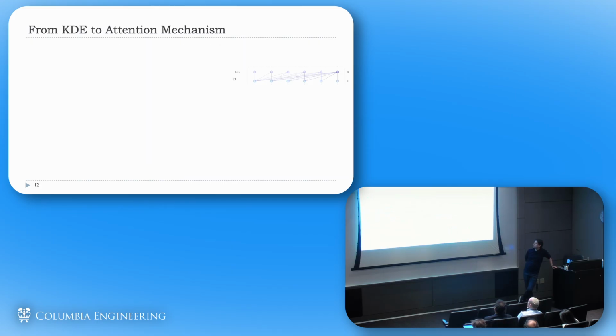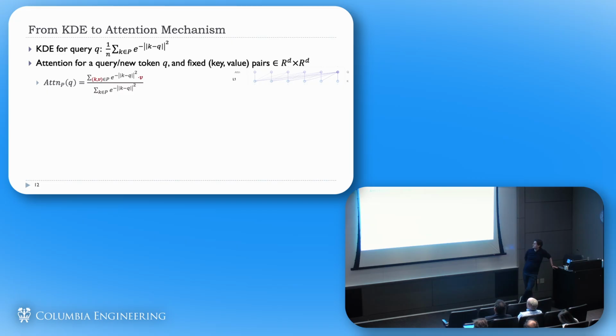Okay, and just to go to the attention mechanism. I just defined the KDE problem, the first line. The attention is basically what I like to call a vector-valued KDE problem. So we are summing up, again, this looks like the KDE problem. Now, for every data set point, we also have a vector, called a value vector. So we're summing up these value vectors with coefficients that depend on the kernel value of the query versus the key. Okay, and we normalize it so that we sum up these values from a distribution.